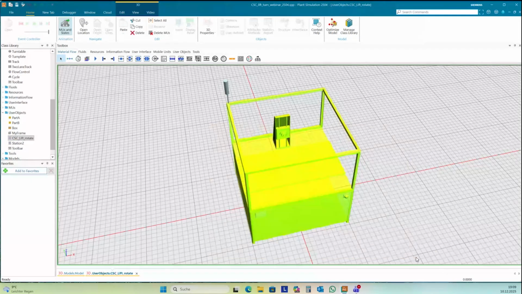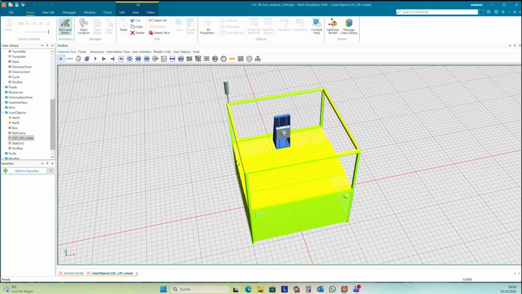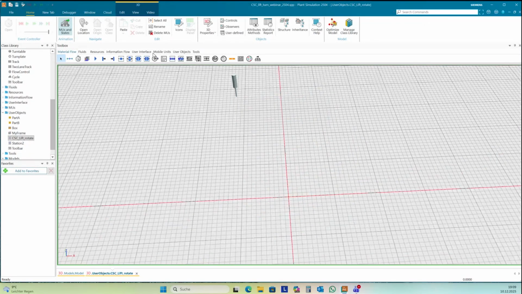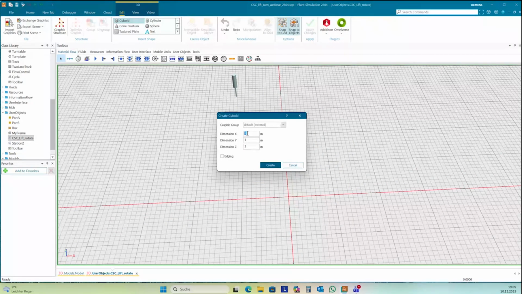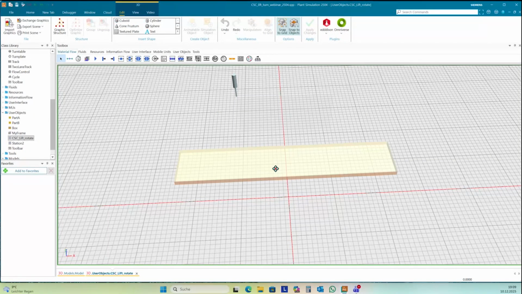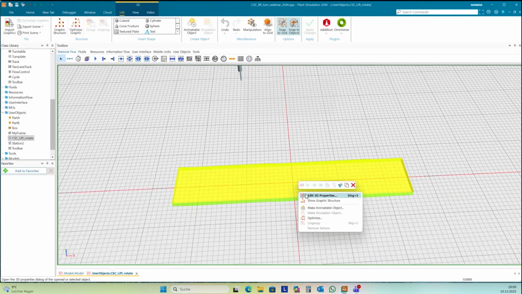I delete all this stuff. And I need to create a cuboid, it should be 5 meters long, 1 meter in y direction is okay, and 0.1 as the dimension set. Okay, well, I can make another color.